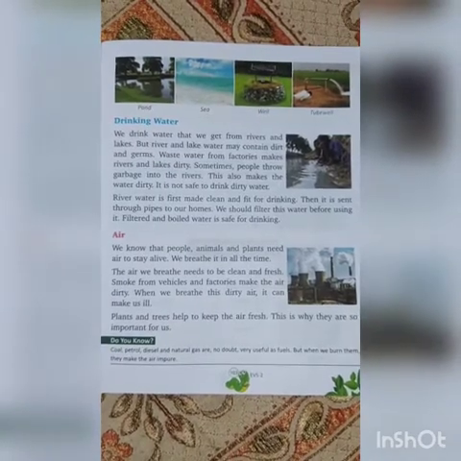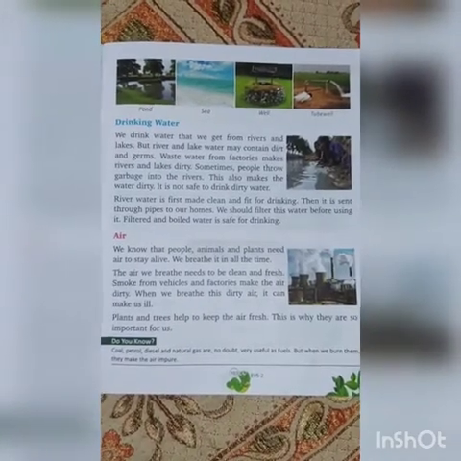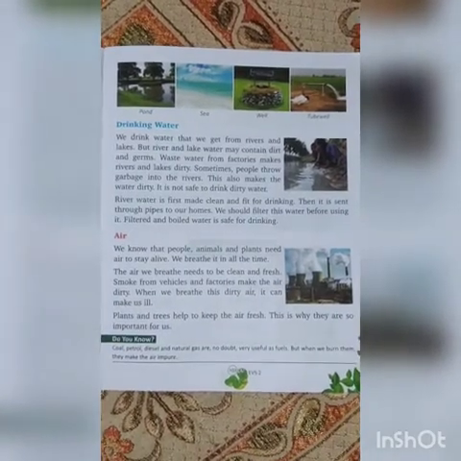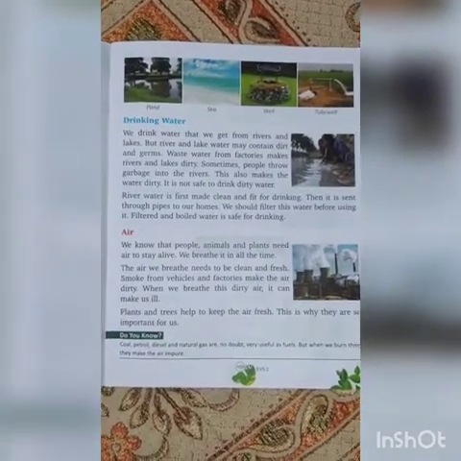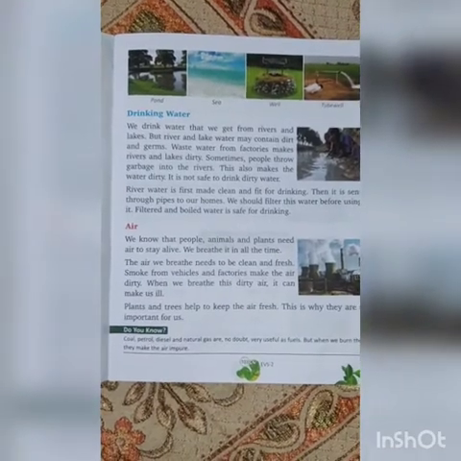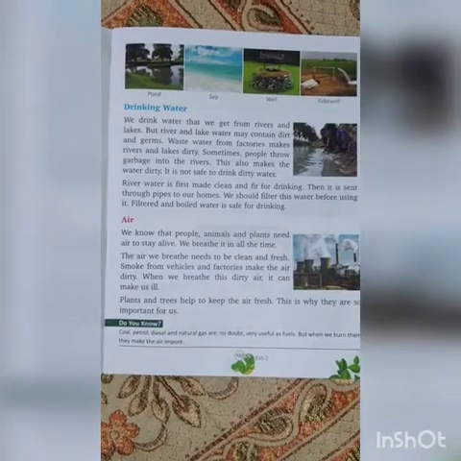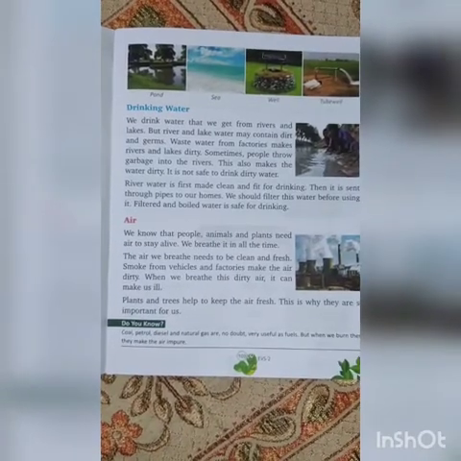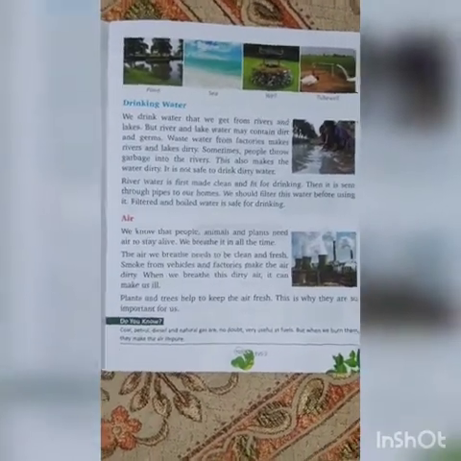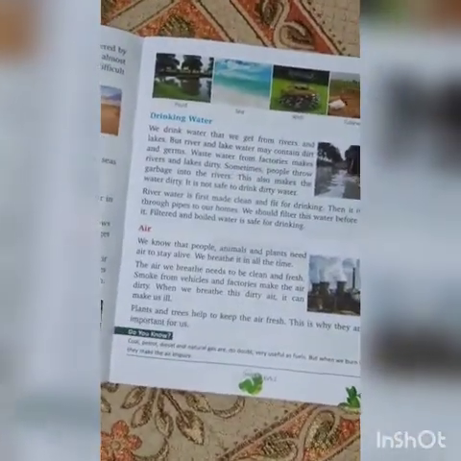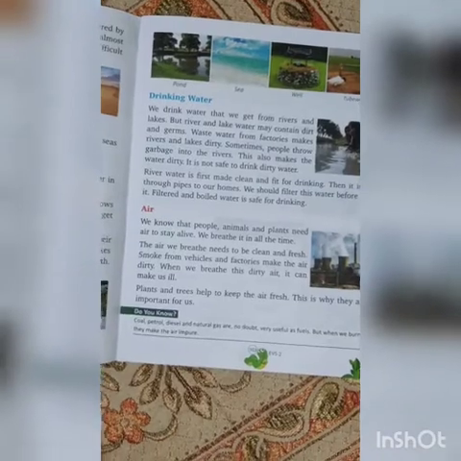Filtered and boiled water is safe for drinking. Many times at your homes also you have a purifier to purify the water. This water is first filtered and then it is sent to you. You are not drinking direct water from the river.